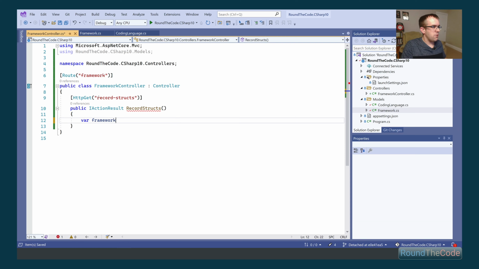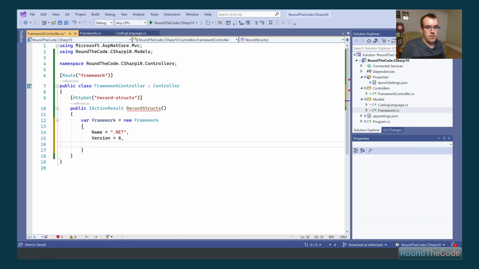Quite simply now, we're just going to create a new instance of our framework struct. I'm going to need to pass in a name. We're going to call that .NET. Version, pass it in an integer of 6. And coding language, we're going to create a new instance of our coding language struct, and put in a name of C#.